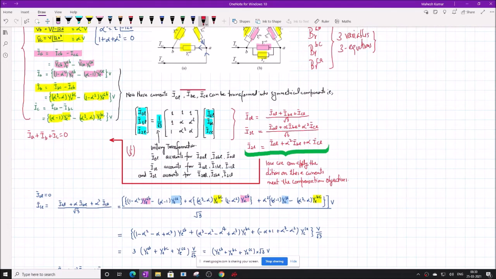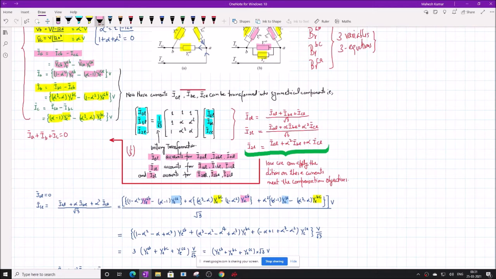Okay, so in unitary transformation, what is there? The I0L accounts for the IAL, IBL, ICL zero sequence. You will not treat them separately. Similarly, I1L accounts for I1AL, I1BL, I1CL, and I2L accounts for I2AL, I2BL, I2CL. Okay, so this is the only difference, nothing else. It is just convenience. You can also use 1 by 3, it's not a big deal. In that case, the factor of 3 will come in the power. Last time I discussed this also.